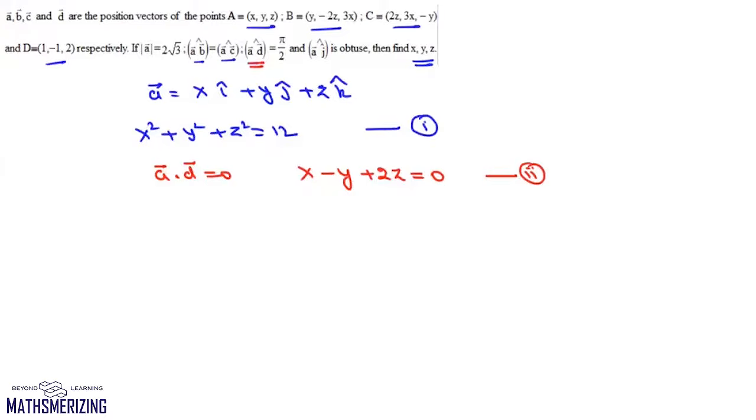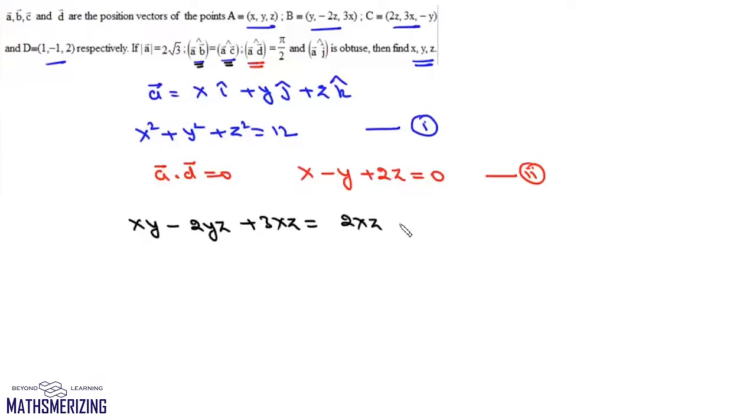And now this third condition is the angle between A and B is the same as the angle between A and C. Now A is common and mod of B is the same as mod of C. That means we can simply write A dot B must be equal to A dot C. Now we write A dot B. A dot B will be xy minus 2yz plus 3xz, and it must be equal to